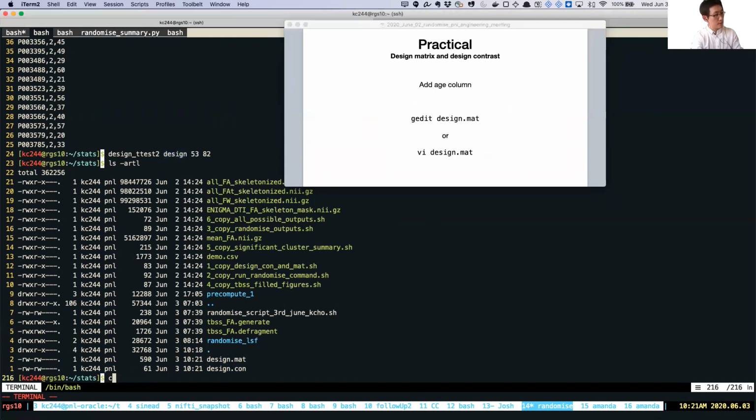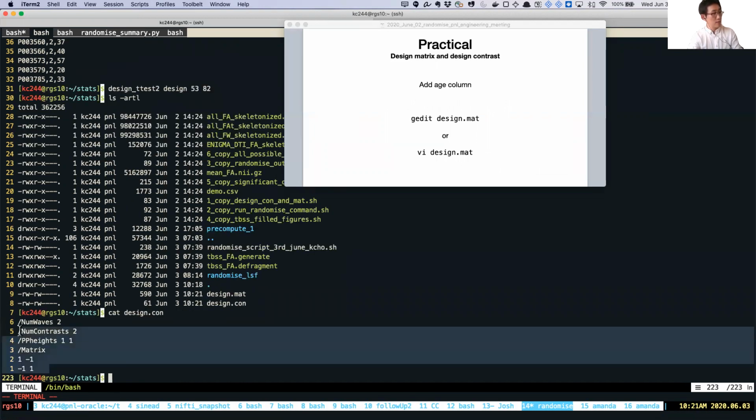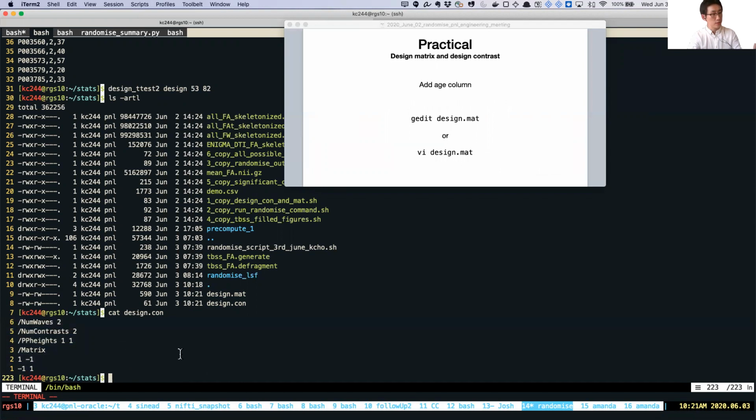Let's see how they look. Let's see how the design.con first looks. It looks like this. So it's just a simple template that you can use for group comparisons when you have two groups. It's testing, is group 1 bigger than group 2? Is group 2 bigger than group 1? Okay. And if you look at the design.mat,